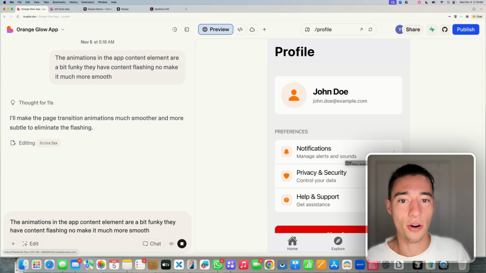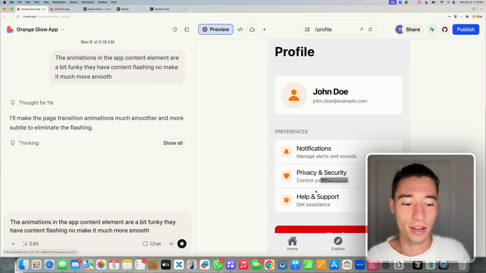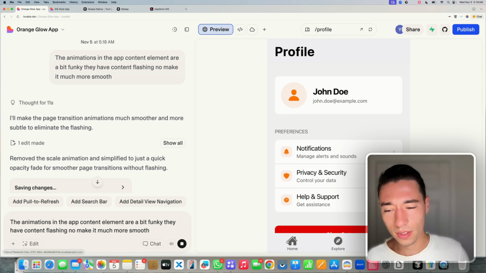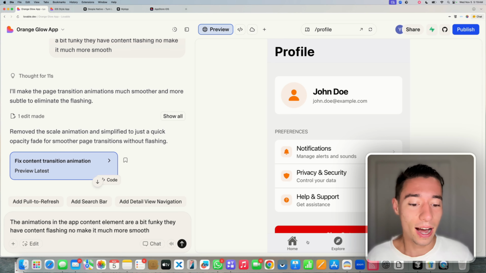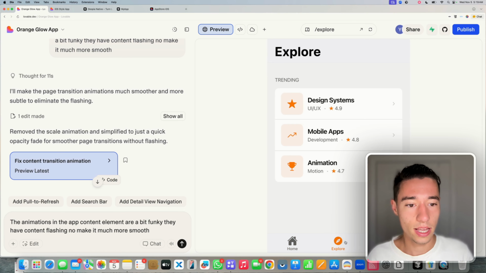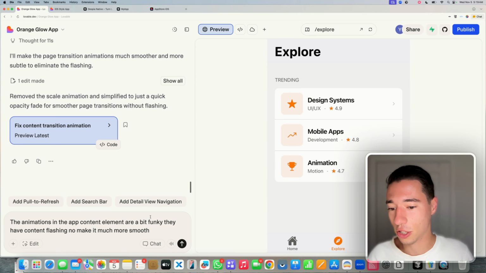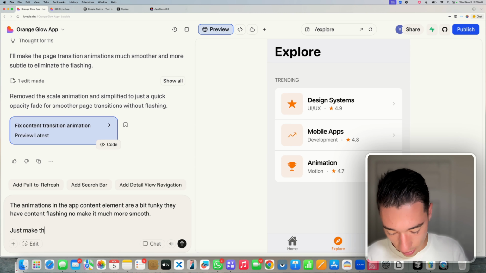Another thing you probably want to avoid is having A tags in here, because if you're building a PWA at least, and don't make it as a hybrid app with Despia or whatever, they're not going to be a great experience because people can just drag them around the screen. But yeah, I like that animations are a little bit smoother, but they still flash. Let's say just make them fade out and fade in. The new element coming